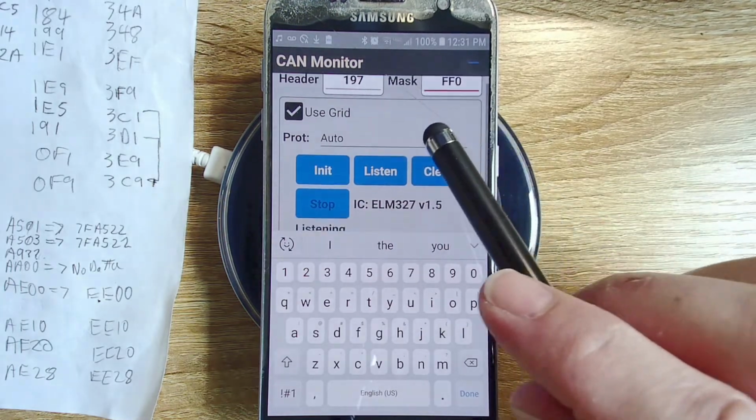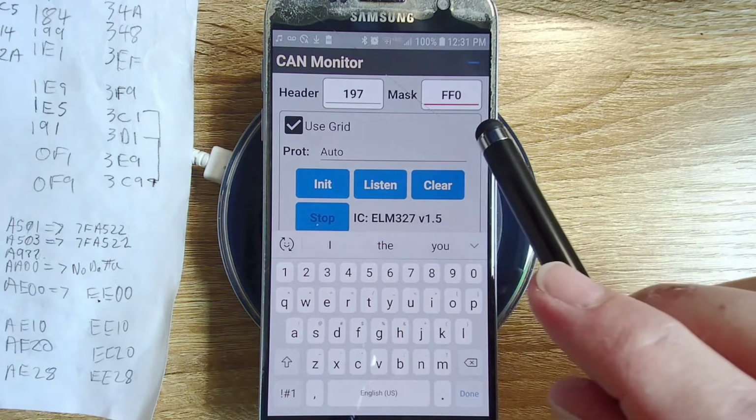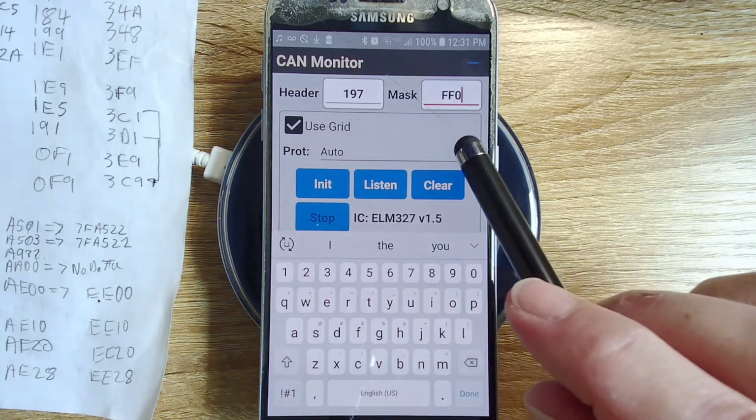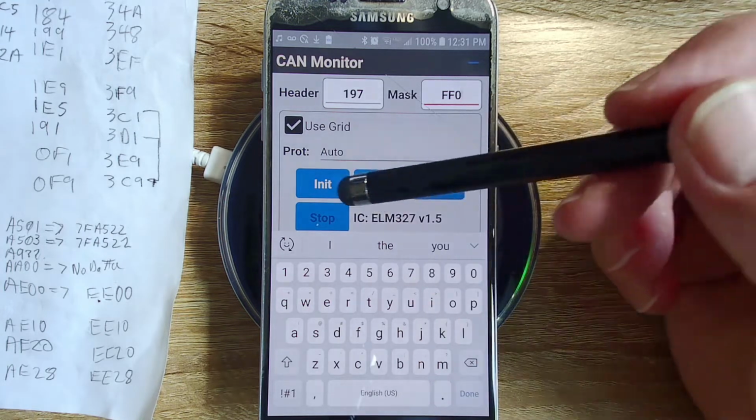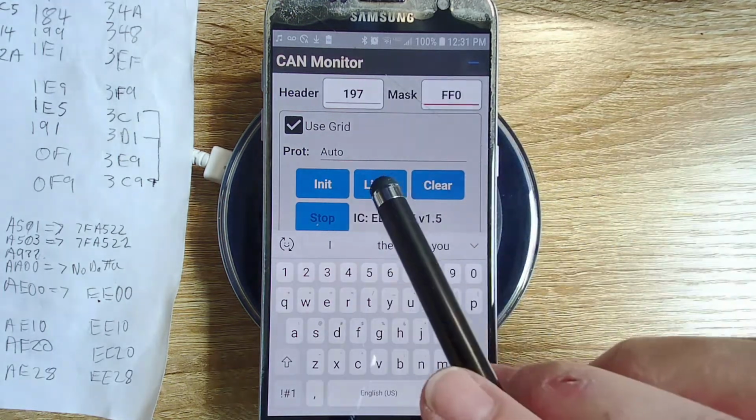So the first F means look exactly for 1. The second F means look exactly for 9, and the 0 means take anything that comes in that third spot. So let's try that. Let's init